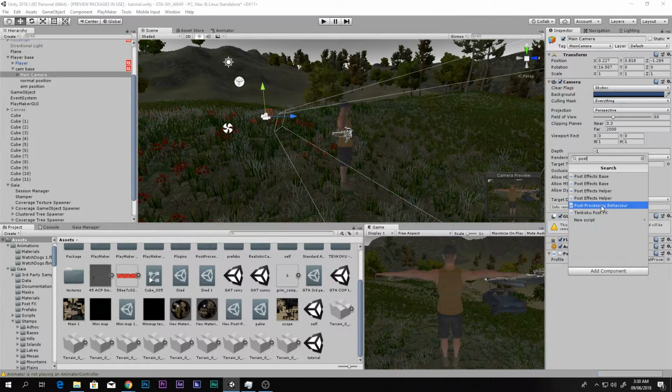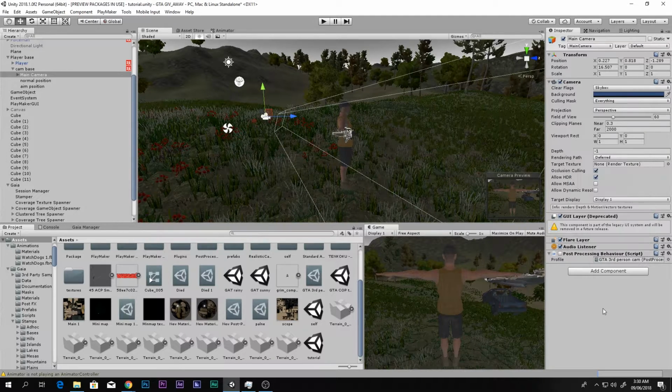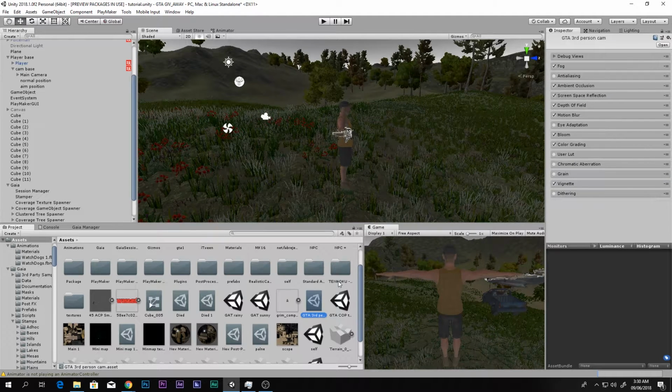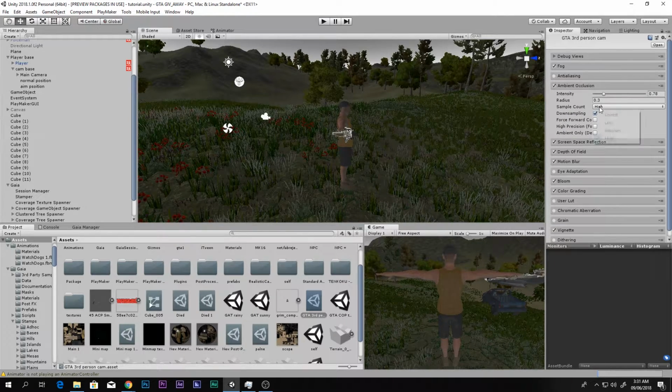Post-processing behavior. Alright, you have to say that post-processing behavior, and then drag and drop your post-processing profile over here, and then double click that. And now what you have to do is enable fog, and then ambient occlusion, and set it to high if you have really awesome